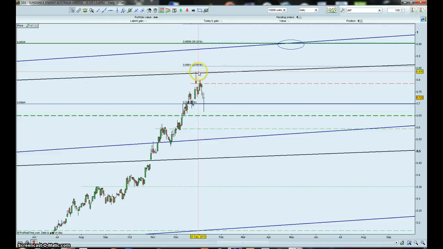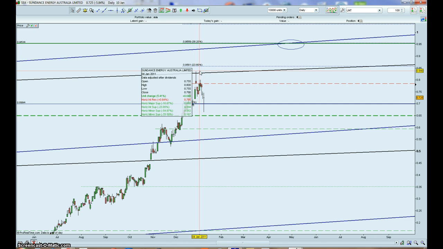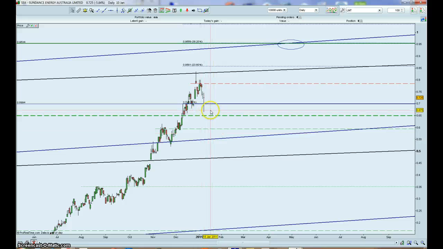move from the 70 right up to the, what's that, the 83 and a half, that reason, that JV, was from a fundamental point of view a game changer, and nothing's changed with that, except we now have profit taking. So when this finds support, and I know there's some people on the charts forum who are suggesting this 60 cent line, I don't know if it would get there to the 60 cents,